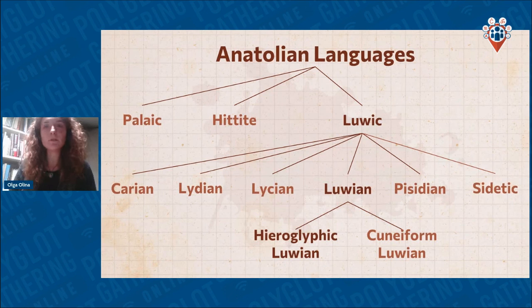All of the Anatolian languages were spoken in Anatolia, which is present Turkey, and undoubtedly the best known of them is Hittite, because we have very many texts in the Hittite language transmitted on cuneiform tablets. And if we look at the genealogy of Anatolian languages, they can be further split into three groups. So we have the Palaic language, which is actually an attested language found also written on clay tablets in the Hittite archive. The Hittite, the major Anatolian language with a huge corpus, a vast number of texts, 10,000s of fragments